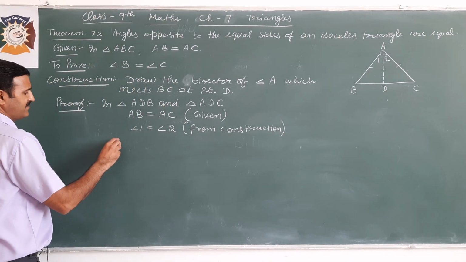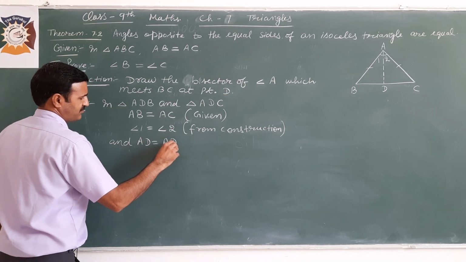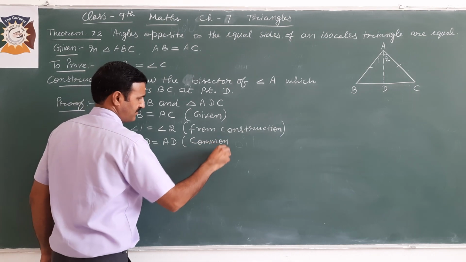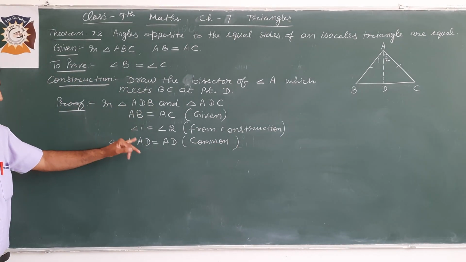And third part, AD is equal to AD, which is common in both the triangles. So by side angle side rule,